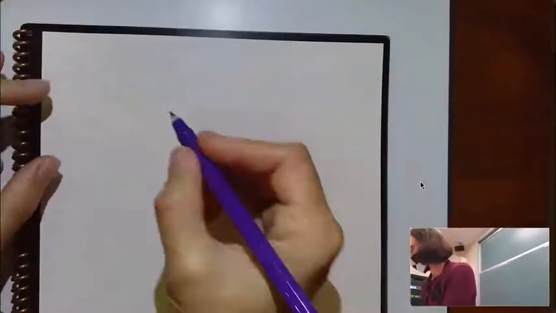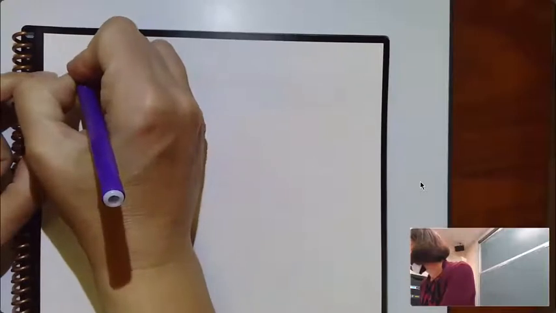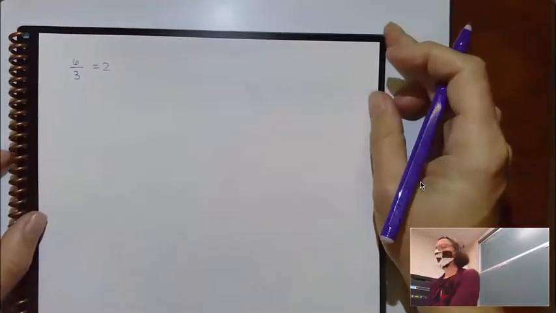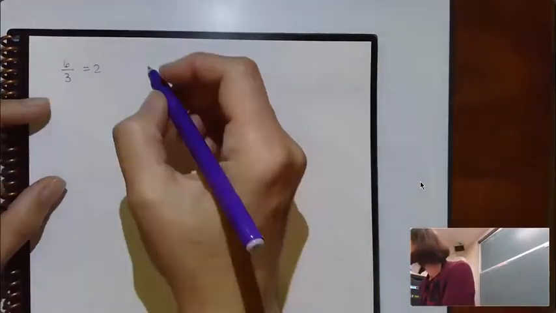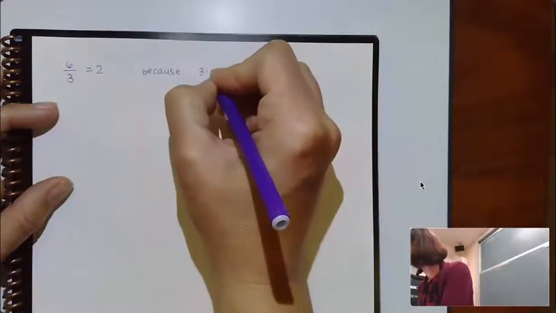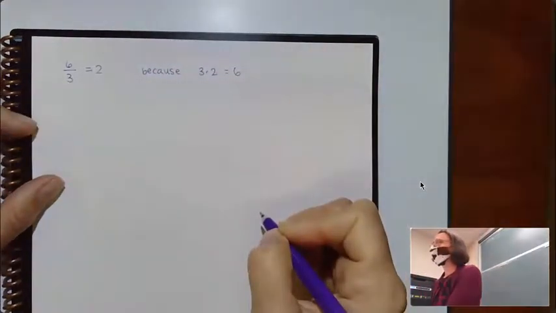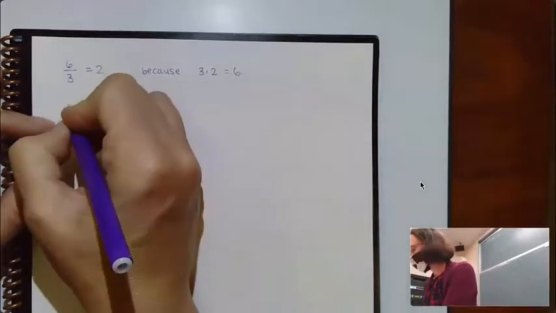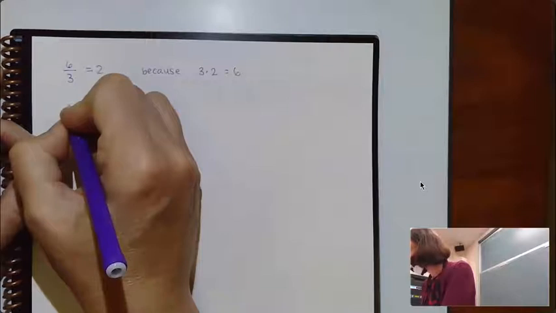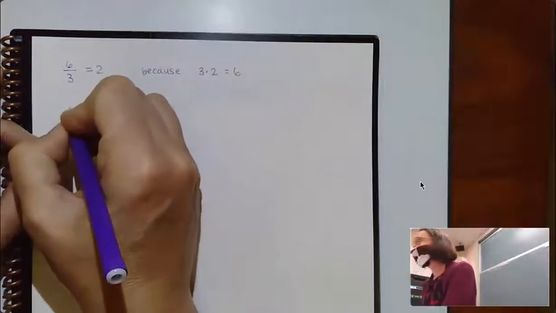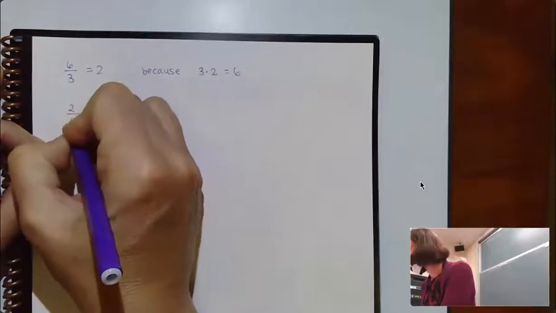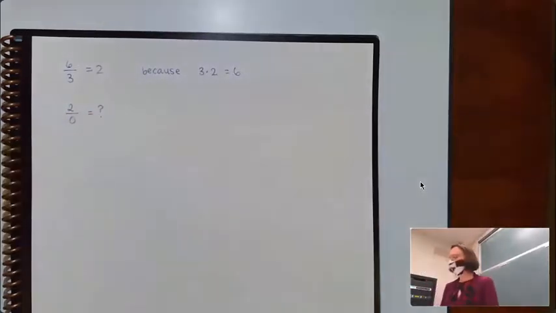So let's talk for a second about what happens if we tried to divide by 0. Let me go back to like, if I had 6 divided by 3, y'all know that's equal to 2. And it's equal to 2 because 3 times 2 is equal to 6. Well, I claim that weird stuff happens when we divide by 0. So if I had 2 divided by 0 and I wasn't sure what that equaled to,